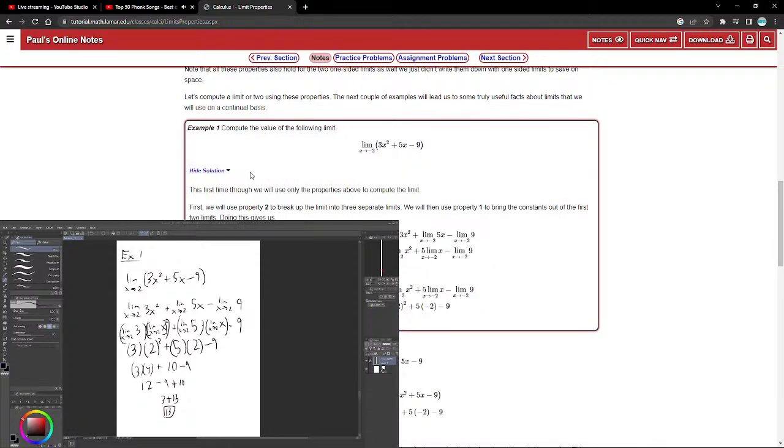This first time through, we will use only the properties above to compute the limit. First, we will use property 2 to break up the limit into 3 separate limits. We'll then use property 1 to bring the constants out of the first 2 limits. Doing this gives us